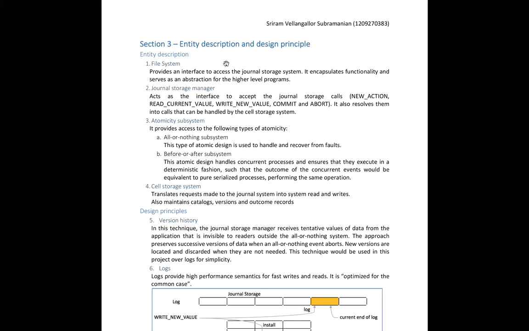Next, I've explained the entity description and design principle. So the file system, as explained earlier, acts as an interface. The journaling storage manager accepts the various journal storage calls as outlined. The atomicity subsystem provides the all or nothing and before or after subsystem. The cell storage system translates requests made to the journal system as reads and writes, besides maintaining catalogs, versions,